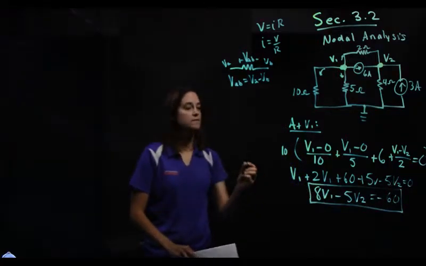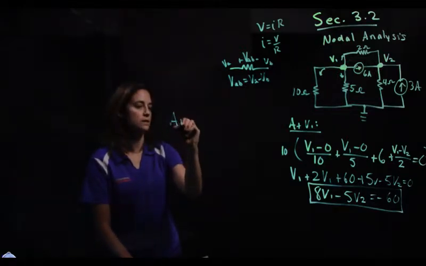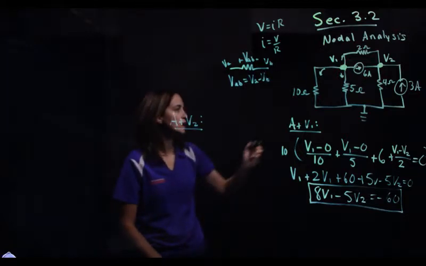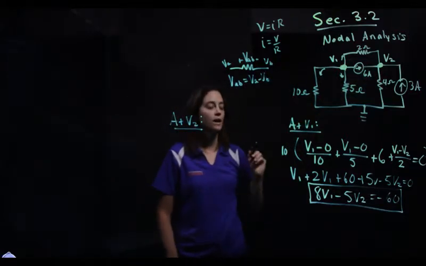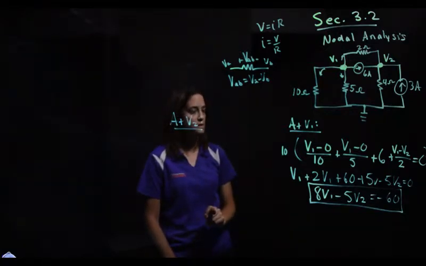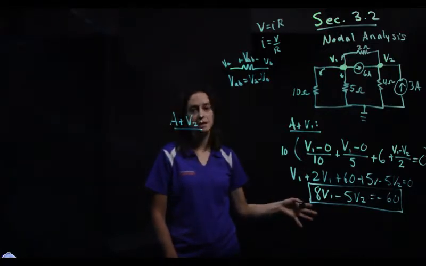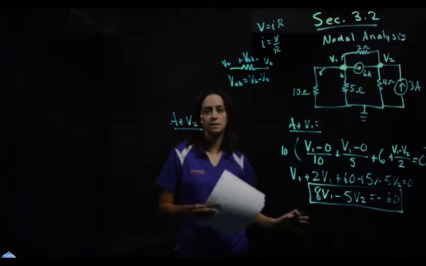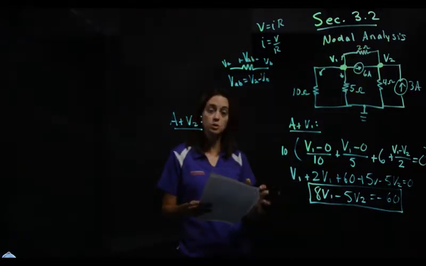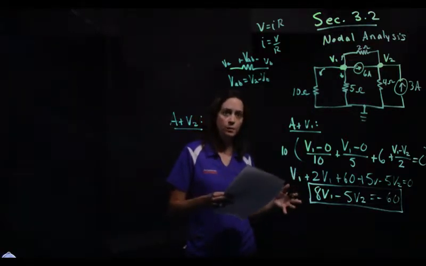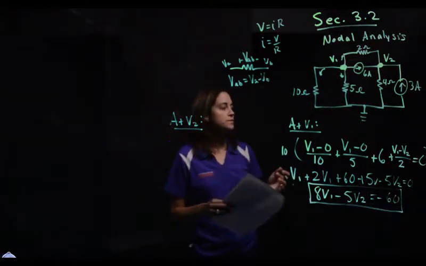All right, so at V2, let's write that one. At V2, again, I want to define everything as leaving, because when I do that, it makes my math very easy. And I can always set everything equal to 0 instead of having to put things on both sides of the equal sign, which is the way the book does it. Again, nothing wrong with that, but I think it can be a little bit more confusing. So we're defining everything as